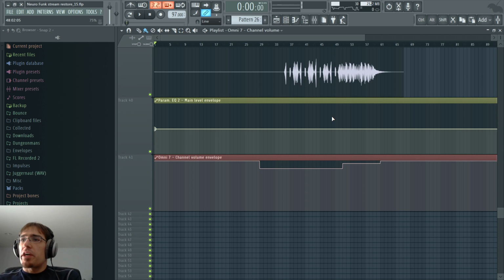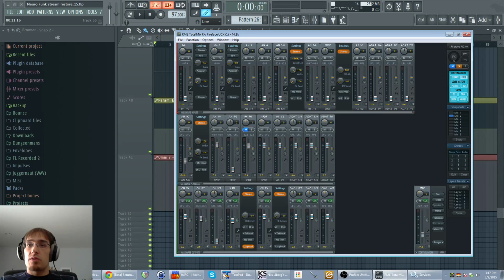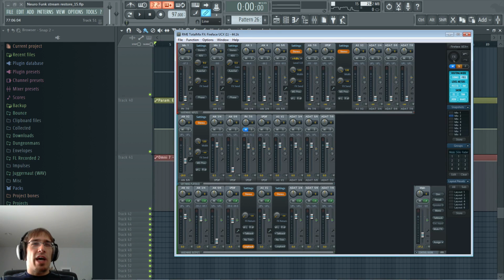Derpinator question, tried to ask this last time, but the messages weren't coming through. How am I routing my DAW output into my streaming software? Well, it's very convoluted, and it only works with this particular thing that I'm using. Basically, let me see if I can actually show it. Okay, so the FL output is going out to analog 3 and 4. And analog 3 and 4 is also going into my headphones. However, the headphones are muted so that I can't hear them, because analog 3 and 4 is also going to